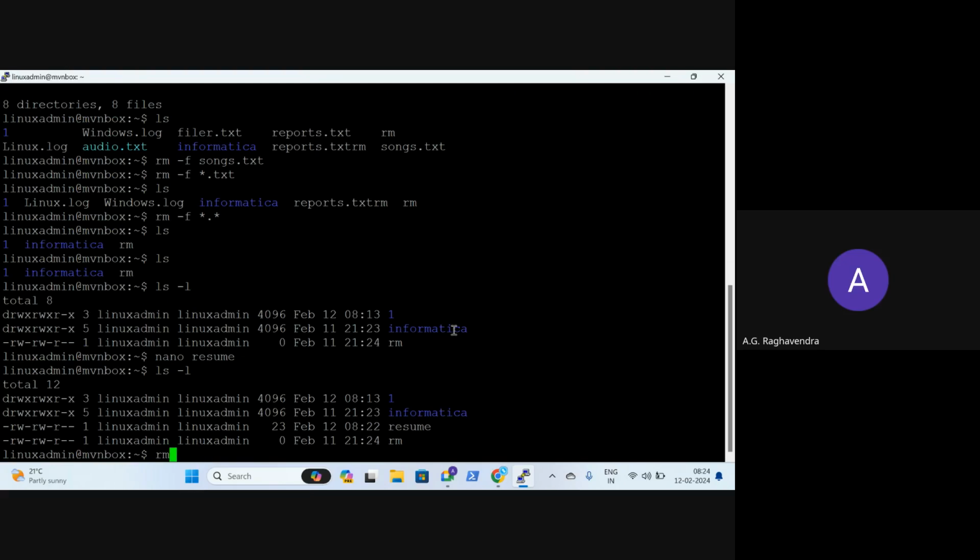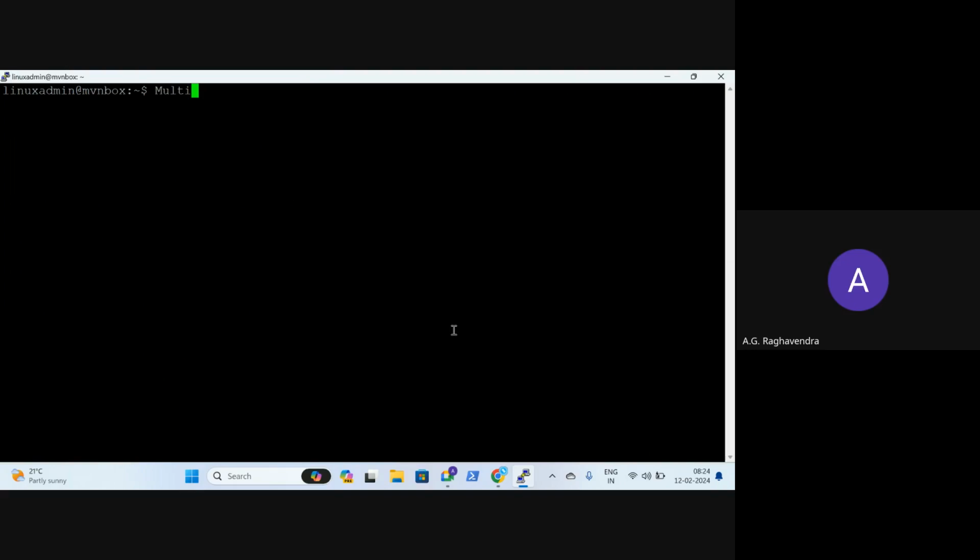But I'll tell you, Linux is a multi-user system. There is another thing you should understand. Windows is a single user system. In your laptop, you are the only person who can connect. Nobody should connect from outside. If somebody is connecting from outside, then you will be disconnected because Windows is a single user system.